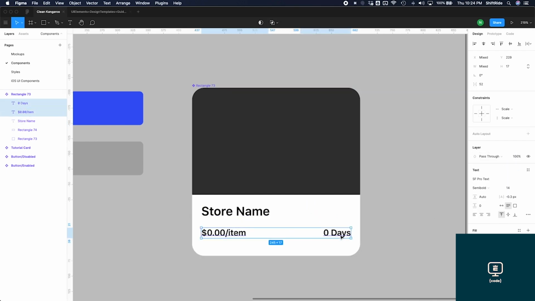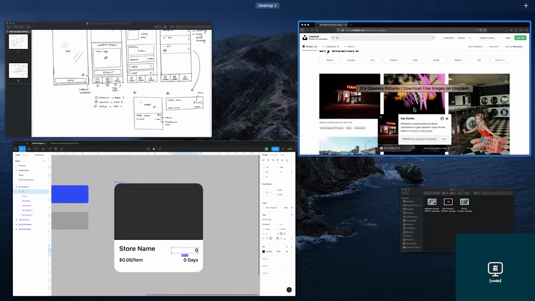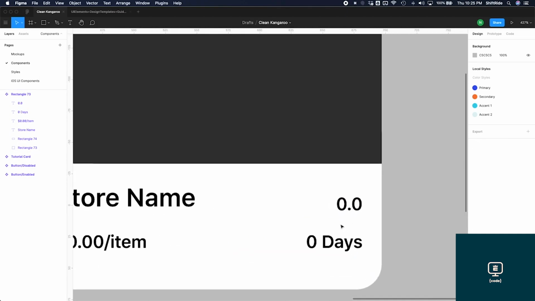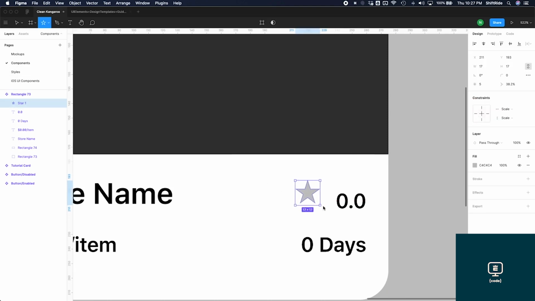That's better. Let's go ahead and duplicate this one up here and do 0 stars, or actually 0. This will be for our rating here. So we can do 0.0. So let's go ahead and just zoom in, and let's create a star for my rating here as well. Again, the beautiful thing about Figma is that you can create a star from the shape tools here. So let's go ahead and draw one while holding shift. Maybe do a size of 25 by 25 and just center that here